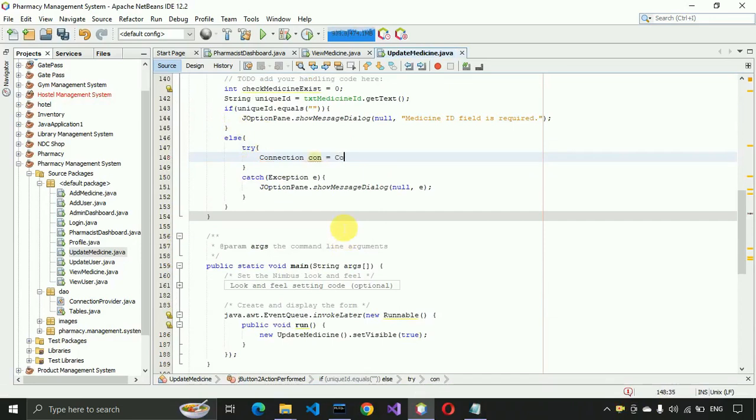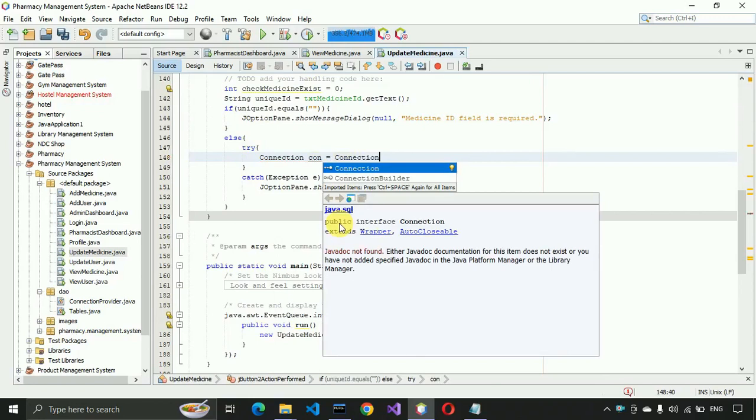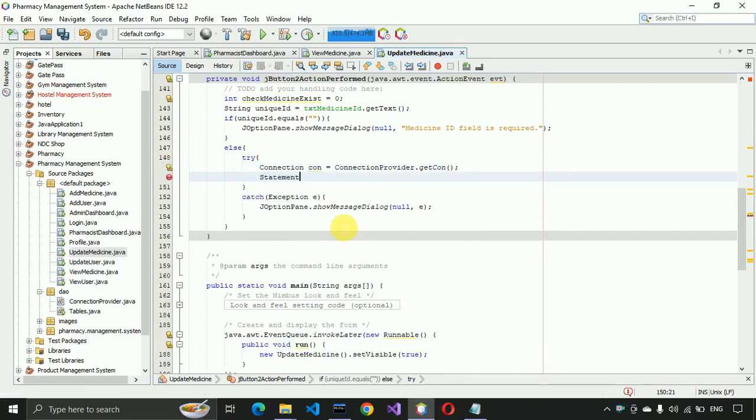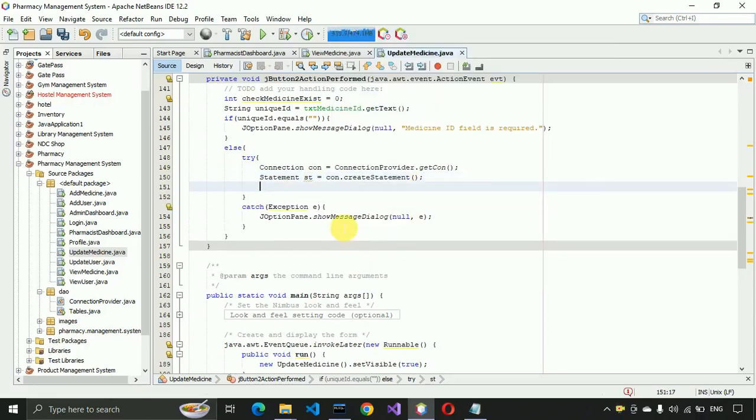Connection con equals to ConnectionProvider.getCon, we need to import this one, and after that a Statement st is equals to con.createStatement, and ResultSet rs equals st.executeQuery, and we need to pass the query, and here we have to write select * from medicine where unique id is equals to whatever we pass, whatever we get we have to pass that unique id over here, and